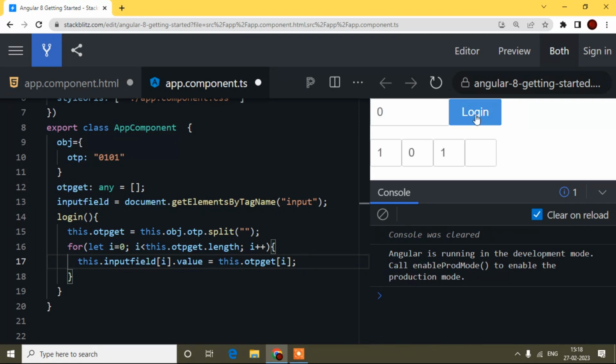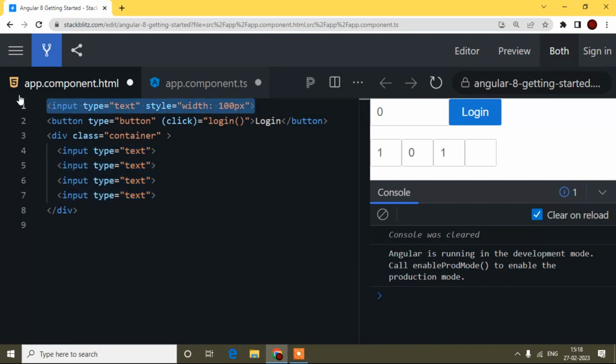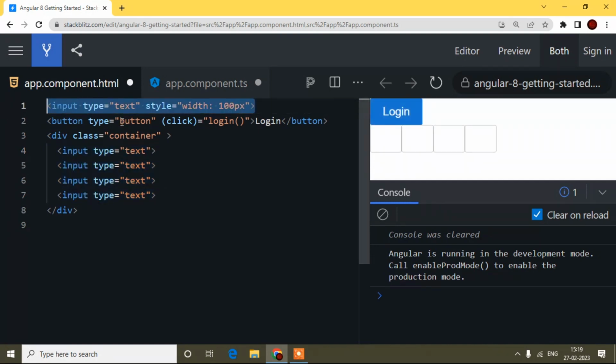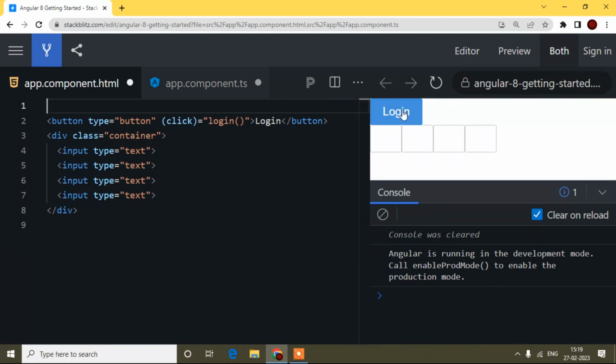If I click the login button, I'll remove this input field here. Actually I took only input tags, but in a real-life project you can take an ID, anything, and maintain the hierarchy. Here I took the input field, so it is starting from this input field, but it should start from here only. So this is just for understanding purposes, not for a real-life project. I'll remove this, I'm doing this just for showing.